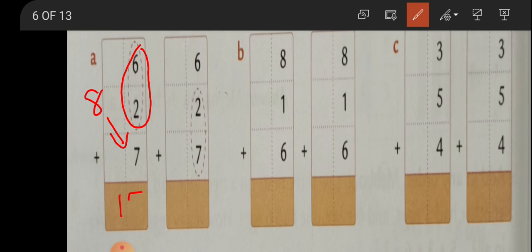Here it is. Now as you already know, 6 plus 2 plus 7 is 15. But now what do you do? Now you add 7 plus 2. 7 in mind, 2 fingers up, forward counting after 7: 8, 9. You will get 9. Now add this 9 with 6, son. So how much will you get? 9 in mind, 6 fingers up, forward counting, you will get 15.